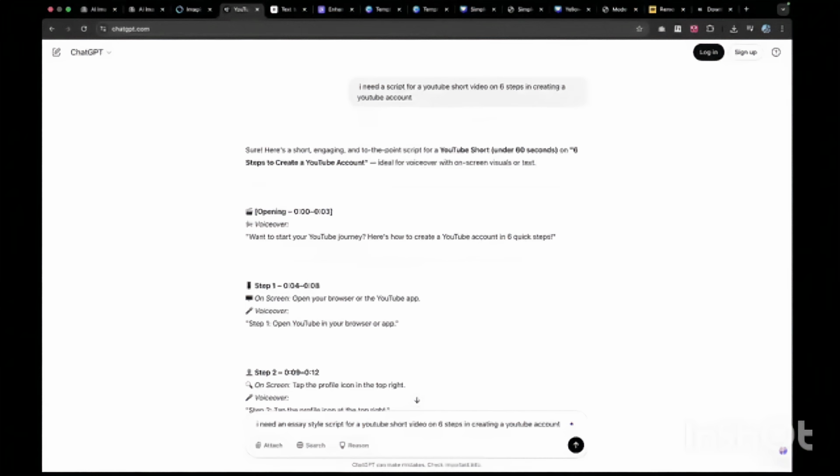So you have to press shift and return, or shift and enter if you're using Windows, and you go to the next line. So let's just go back, full stop, shift. Don't forget shift first, then enter. And the next line is for the clarity on what we want and what we do not want. So we say, I need only the script and nothing else, as I will be converting it to a